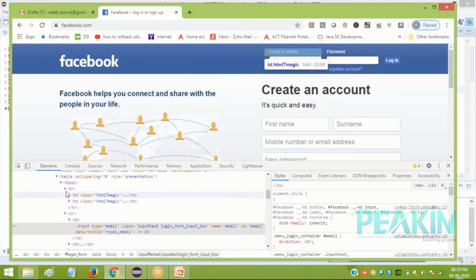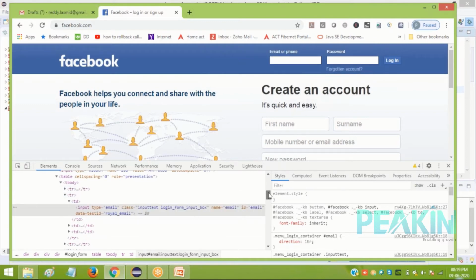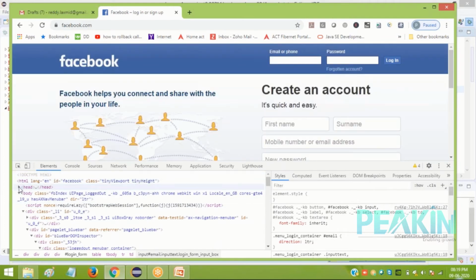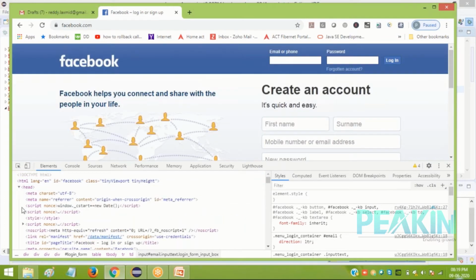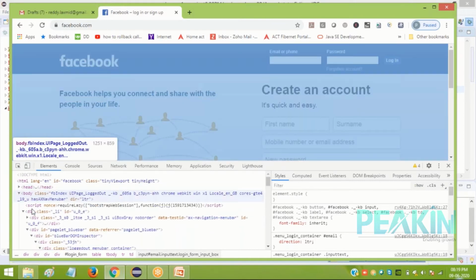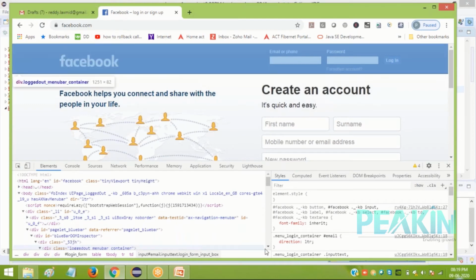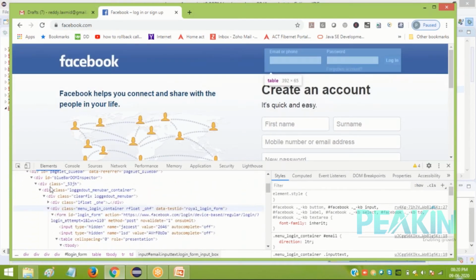As you drop down, always the HTML starts with a body. If you see here, when you scroll up, it's having a header part. In header, you have much content about your Facebook header, and body has all this following content. Under body, you have td, div is also a tag, body is also a tag, header is also a tag. So you find many tags here. Form is also a tag, table, input.